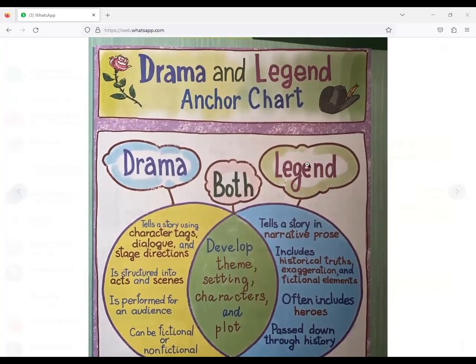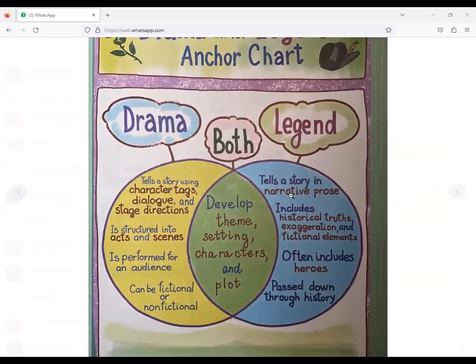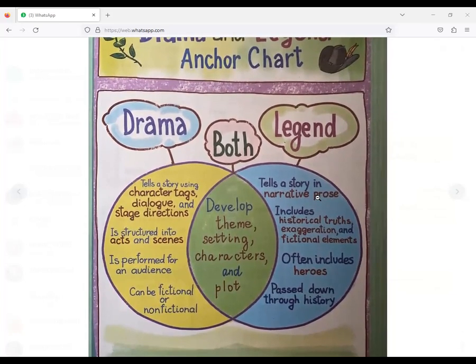Now, a legend tells a story in narrative prose. What is a legend first, Dana? Let's discuss what a legend is first. A legend is a story from ancient times about people and events that may or may not be true.